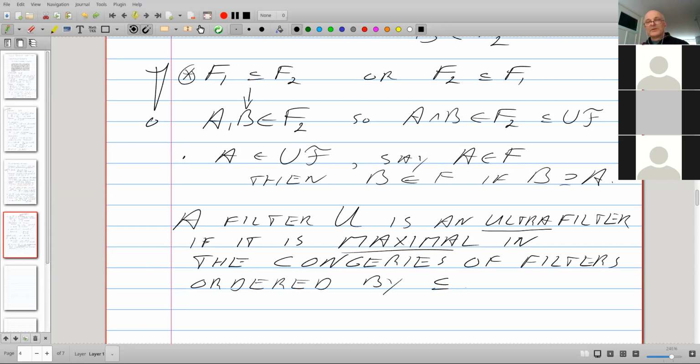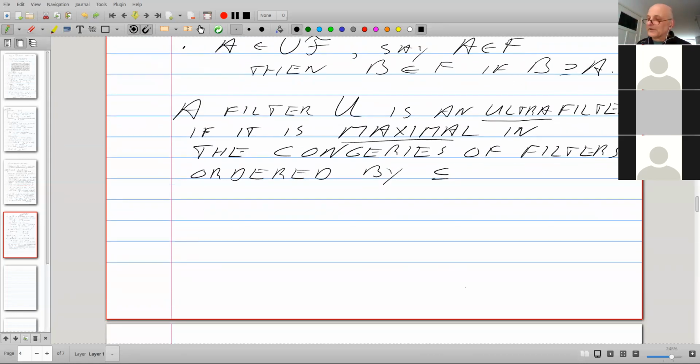A filter is an ultrafilter if it is maximal in the conjuries of filters, and I know what you're thinking, what the hell is that? Of filters ordered by the subset relation. I'll come back to what it means in a moment, but okay.